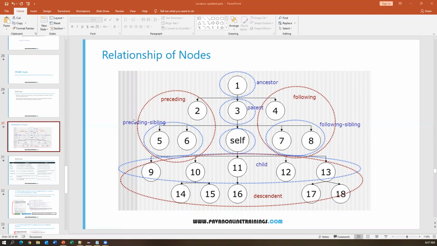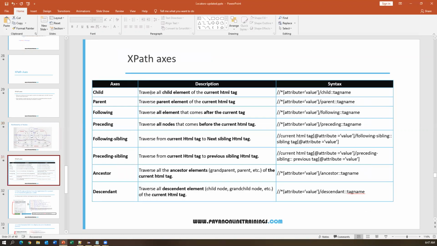Now by using this x-axis, how can we locate the elements? We'll see using examples. Here in the table, I have mentioned the purpose of each x-axis and how to write the syntax. This is the self node: the XPath represents the self node, and you can specify whichever node you are starting from.